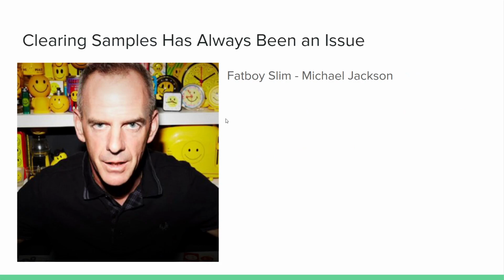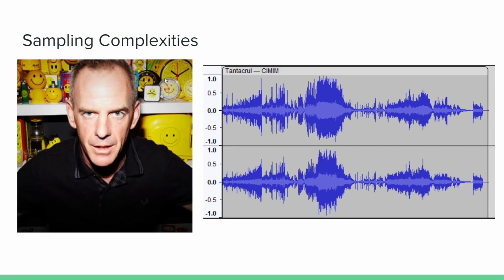So to give you an example of how complex and strange music sampling copyright laws have been, let's just take this for an example. So Fatboy Slim, some of you may have heard of him. He was pretty big in the 90s. He's still pretty big. He made this song called Michael Jackson. And in this song, he used this sample he got off of a CD, like a Christian CD that he just found in a basement, which is honestly pretty badass if you ask me.